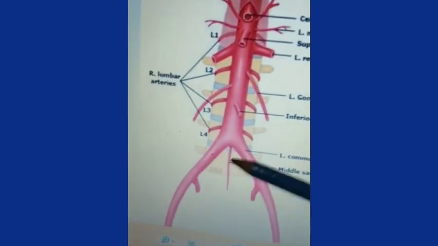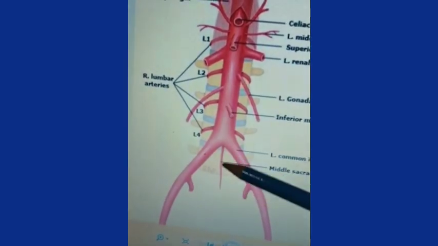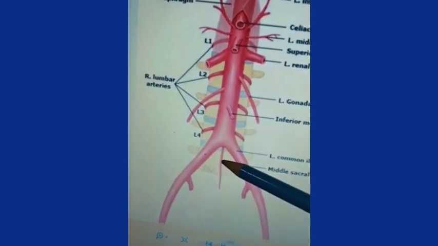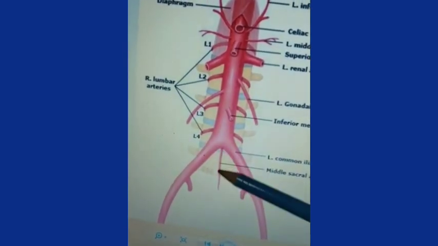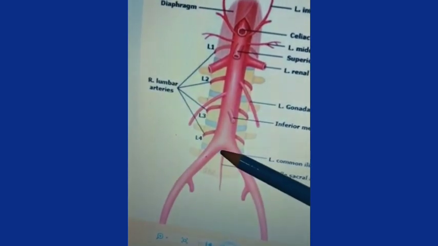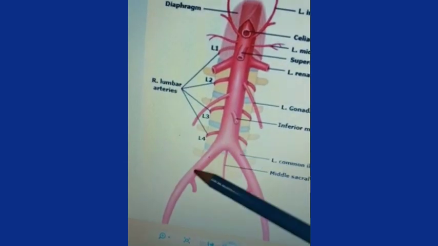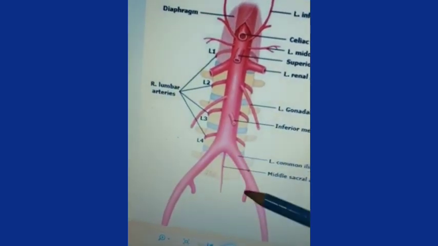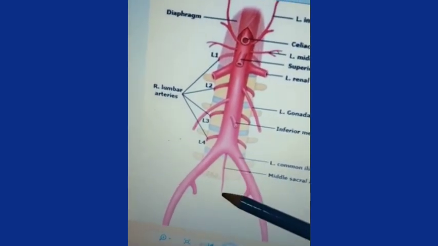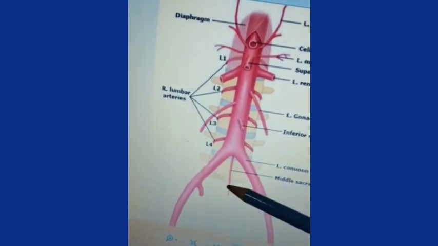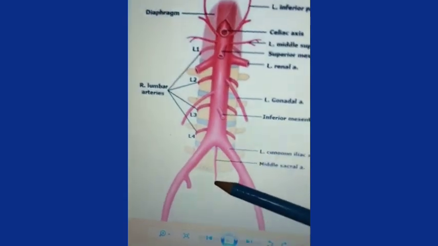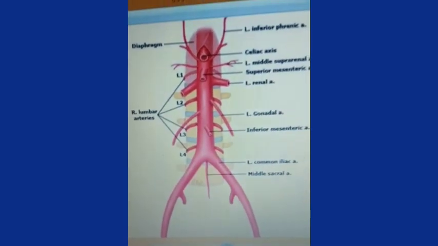Now another, this dorsal branch, is the median sacral artery. It is single. It arises from the back of the aorta, just before the bifurcation of the aorta into the right and left common iliac arteries, and runs downward, and it ends in front of the coccyx. This branch will supply the rectum and will anastomose with the iliolumbar and the lateral sacral arteries.